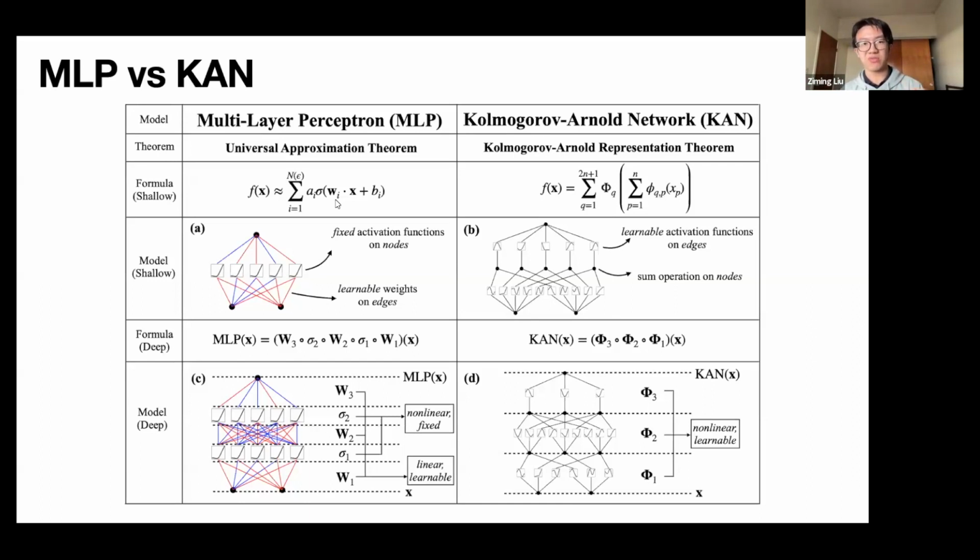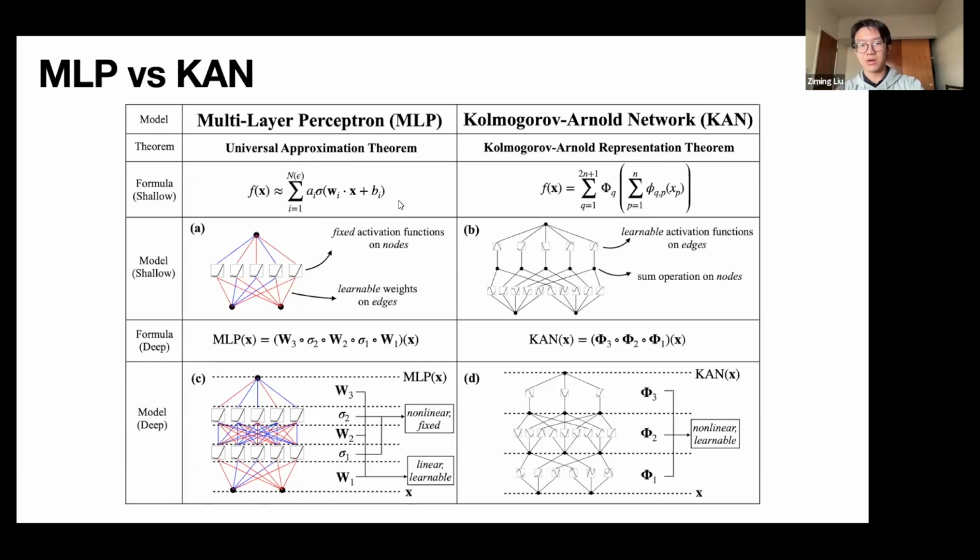That is to say, if you want to achieve infinite precision, you need an infinitely wide MLP. But what's nice about KAN is that the theorem tells you, in principle, to achieve infinite precision you only need a finite width neural network. Again, with the caveat that these activation functions may not be smooth. That's actually one of the things that, in some sense, sentenced the KART theorem into depth for like 20-ish years because of these non-smooth features.